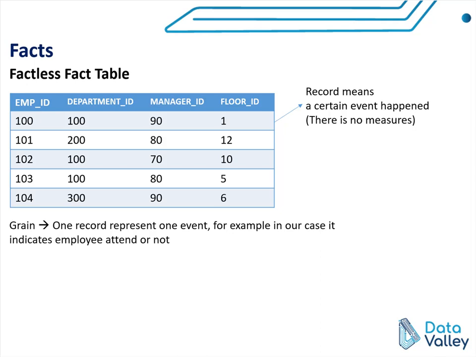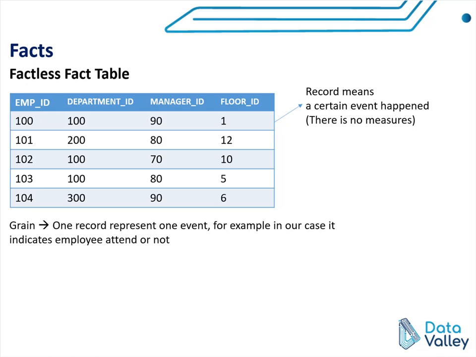For example, in this fact table, we are recording whenever an employee in a certain department signs in to a certain floor or accesses a certain floor. So we don't have any measures. It is just like we are registering sign-in events or access events for employees to access a certain floor within a certain department. So a record in this type of fact table means an event has happened,